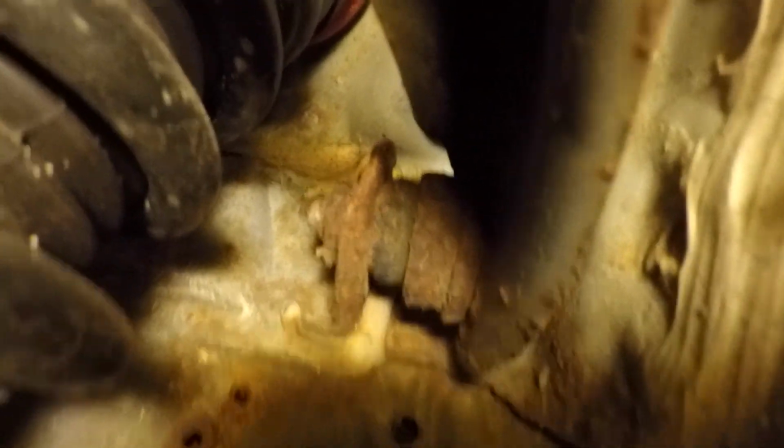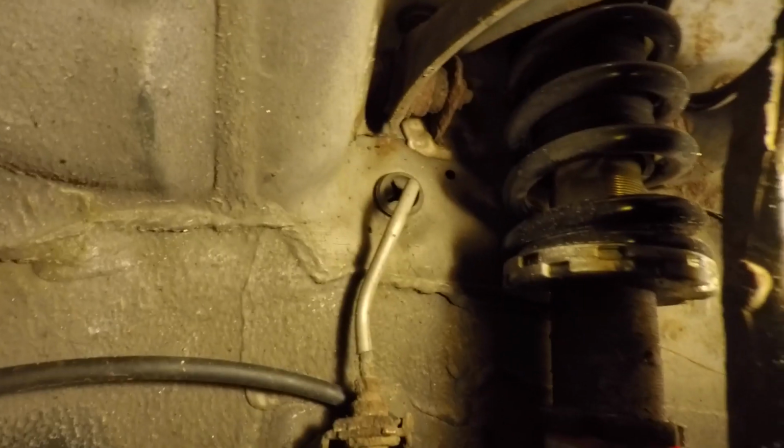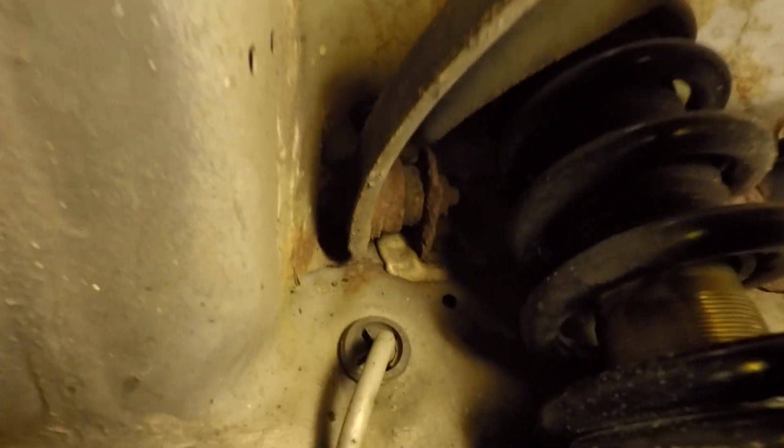I'm about to get started here, but as you guys can see, this thing is freaking disgusting. So this is gonna be pretty fun taking this thing out. Oh yeah, I'm ecstatic. So I'm gonna go ahead and spray some WD-40, some PB Blaster on this, because that doesn't look right. So I already started taking off the top bolt for the upper control arm here, kind of covering the light,